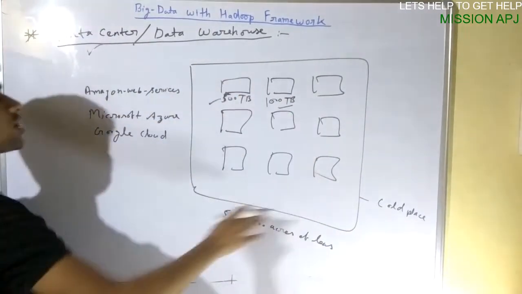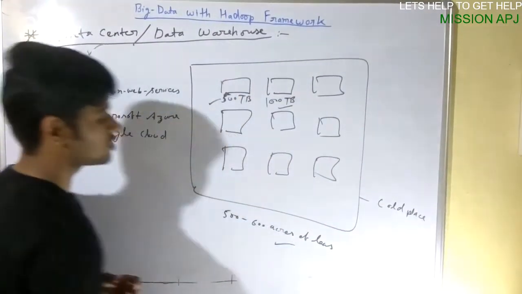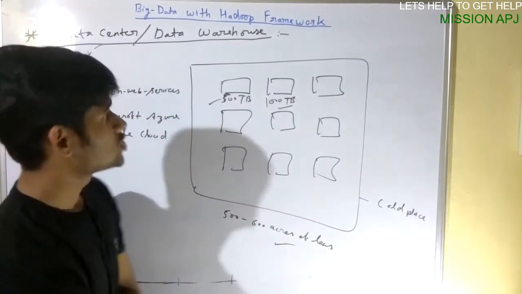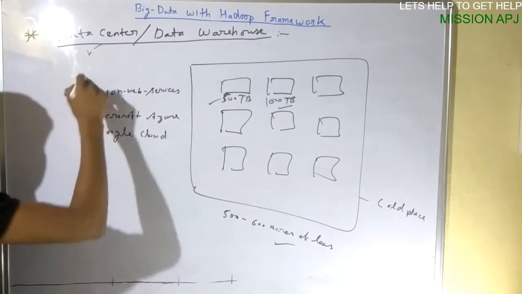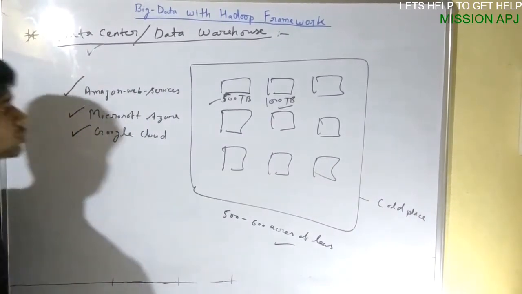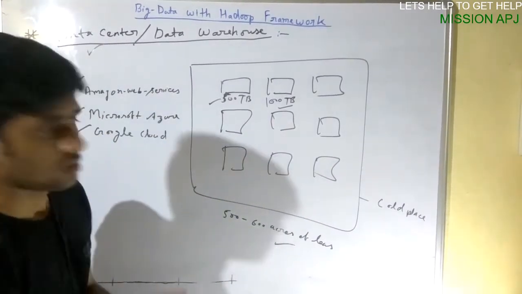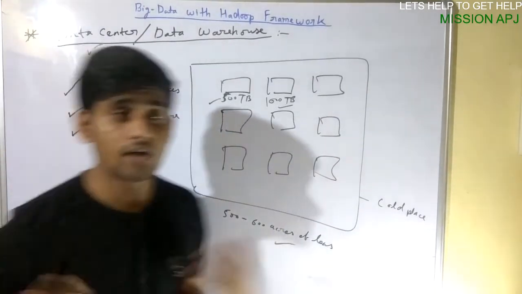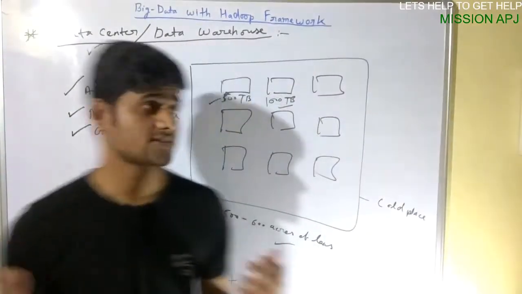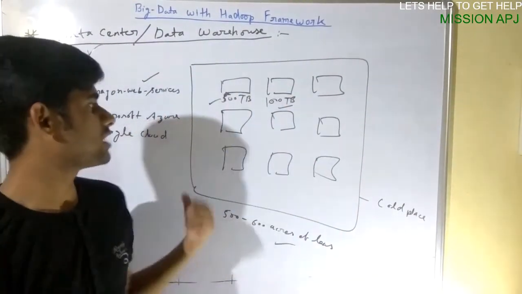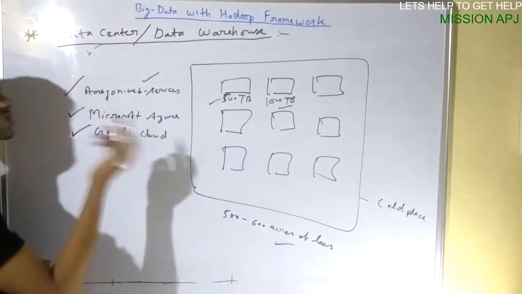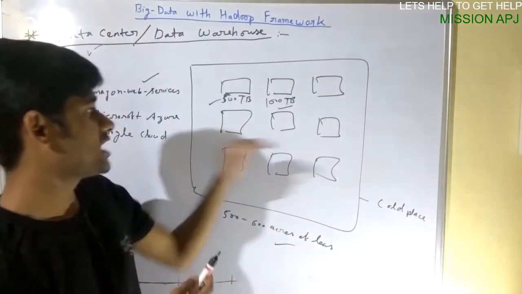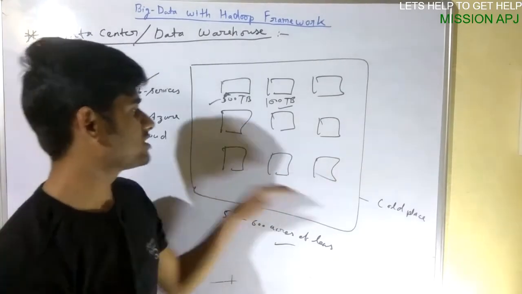And who is the owner of this land? It requires a huge amount of money to keep that data. So these data warehouses are provided by companies. Amazon Web Services has some of its own, so it gives the warehouse. Microsoft Azure, Microsoft also has lots of data to be stored, but they also have lots of space empty.